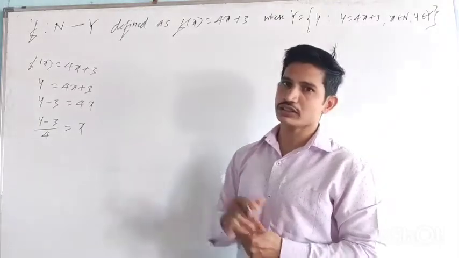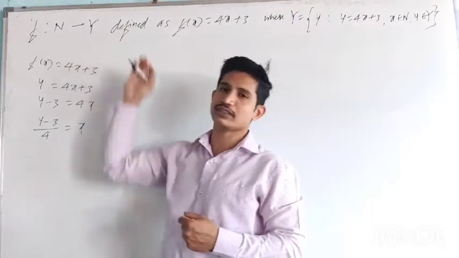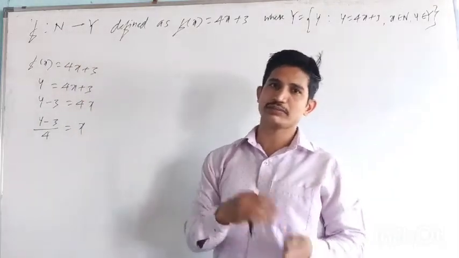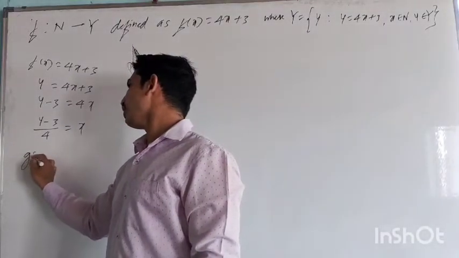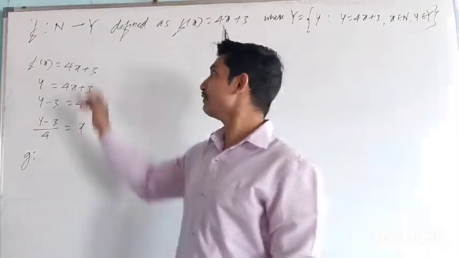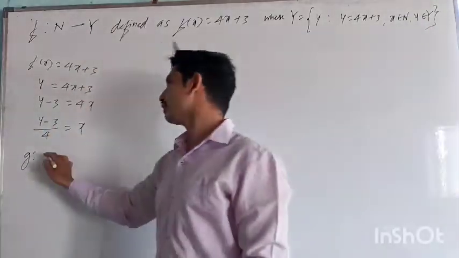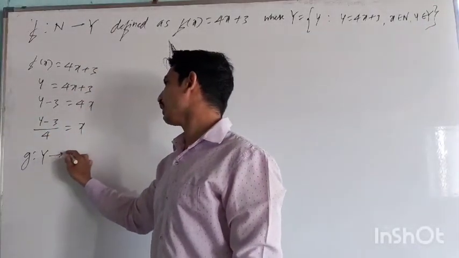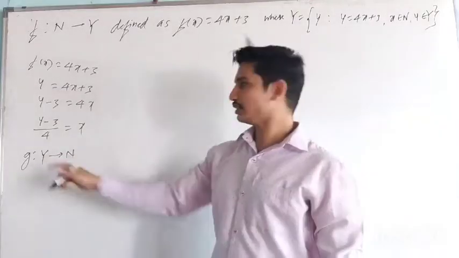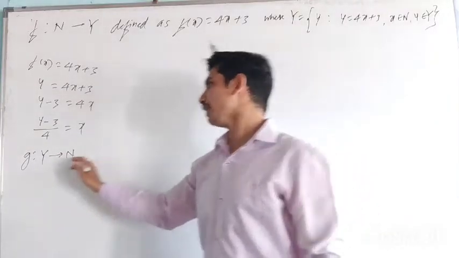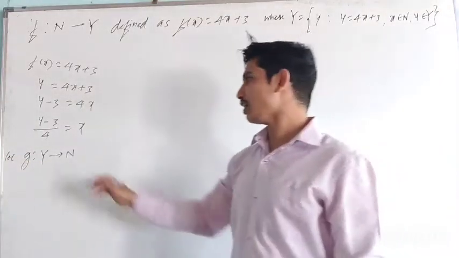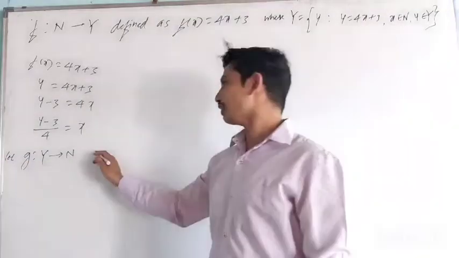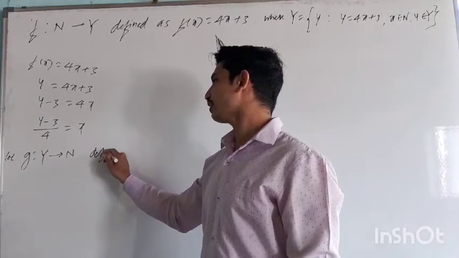Second is, now here, if the function f from N to Y is given, write its reverse function, meaning the inverse function. So how do we write it here? Okay, g from Y to N is there. Its reverse is the inverse function, defined by: let the function g from Y to N be defined by,